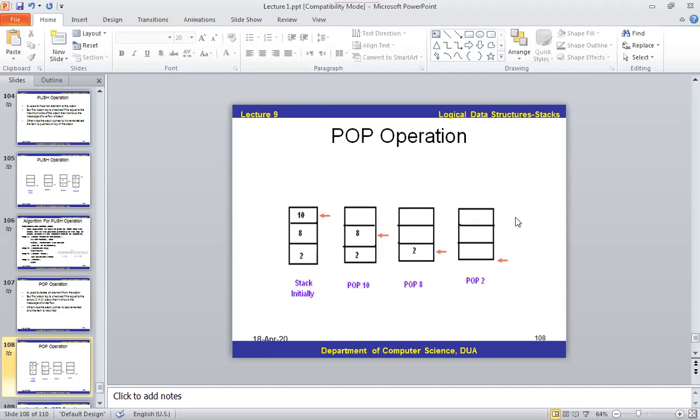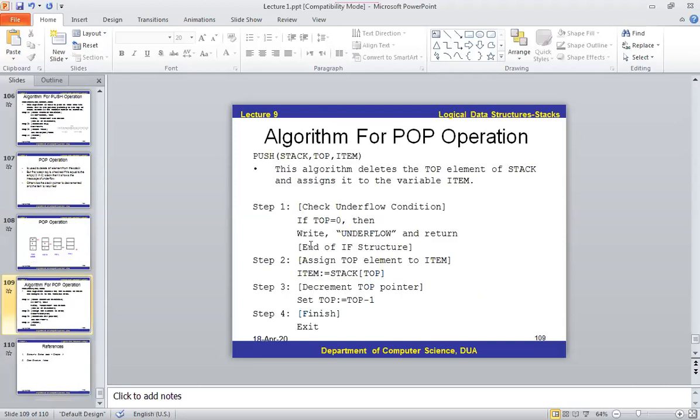This one stake is empty now. First it was having 3 values, I removed the 3 values, now the stake is empty. Simple, very simple: if top is equal to 0